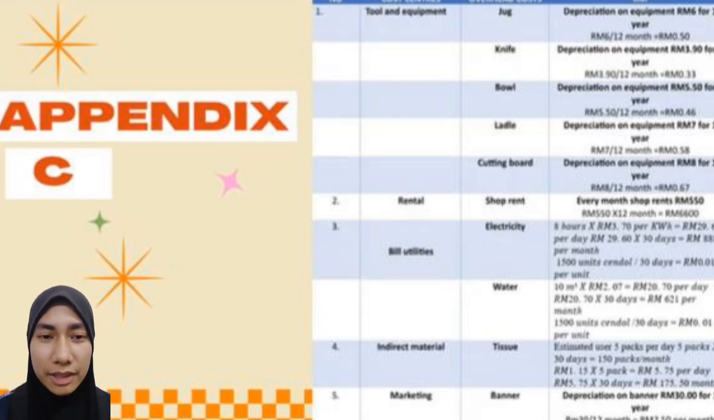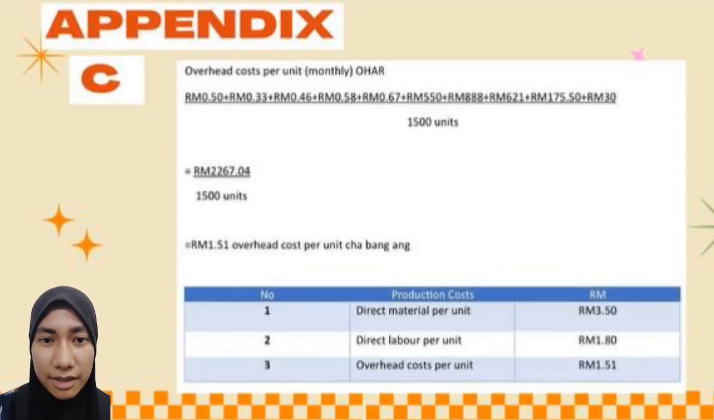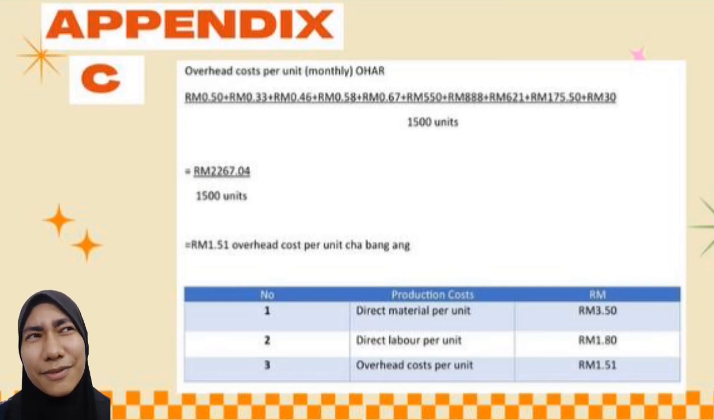Now we will move on to the third slide of Appendix C, which is to calculate OHR. To calculate OHR, we look back to Appendix C, which is the total of all the overhead costs per unit. That means we'll be adding 50 cents plus 33 cents plus 46 cents plus 58 cents plus 67 cents plus 550 ringgit plus 888 ringgit plus 621 ringgit plus